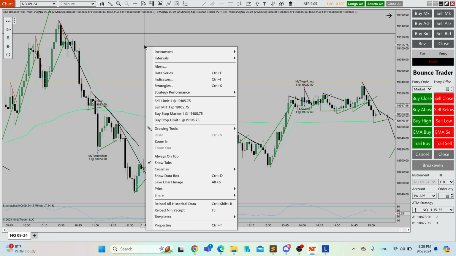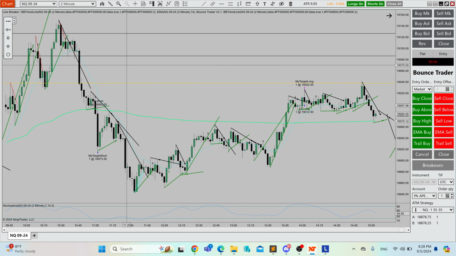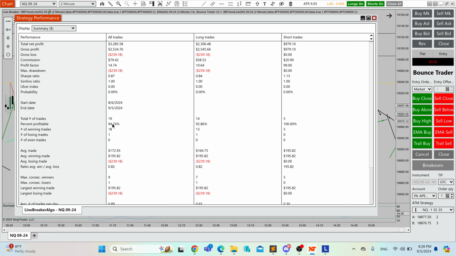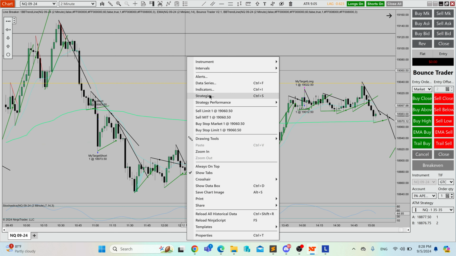But I was going to change it a little bit. Right here we have 19 trades and 94. But if we loosen up the stochastic settings a little bit, so